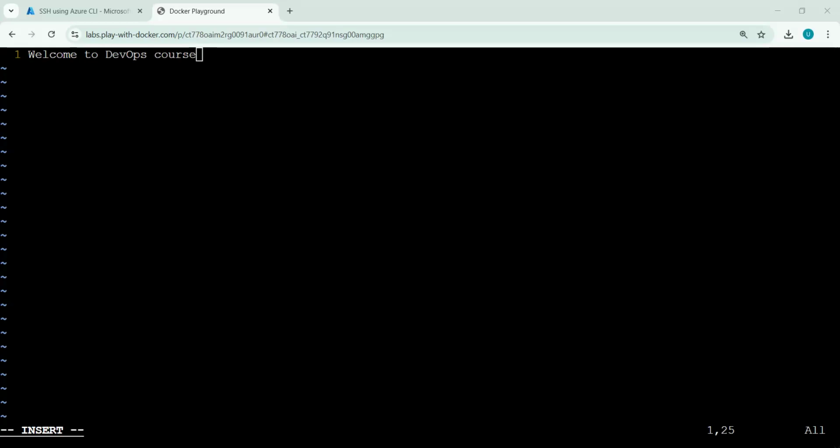Okay. So first we need to get out of this insert mode. For that, we need to press the escape key. So you can see insert has disappeared, and then colon wq. It is not visible because there is an icon here, but I have typed wq, press enter. Okay, it appeared.